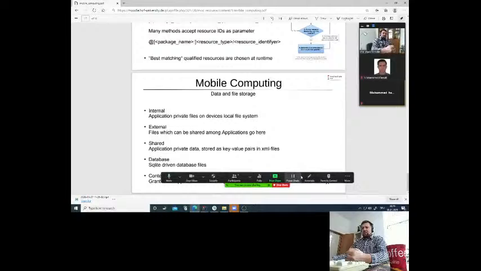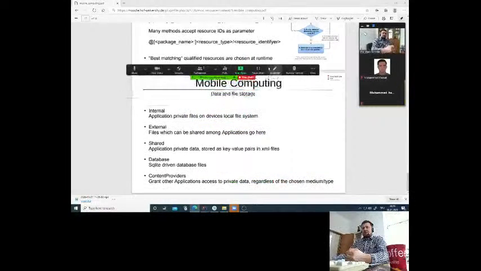And the third, this was the third approach. The next one is using databases, and if you use databases in Android, you should use the SQLite-driven databases, because there is SQLite installed on every Linux Android system, so we can access SQLite formatted text files. It's similar to those XML key value pairs, but those are simple text files which hold